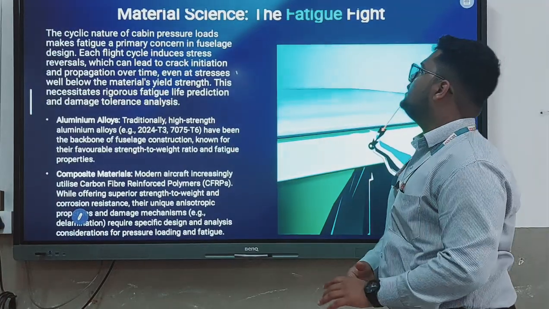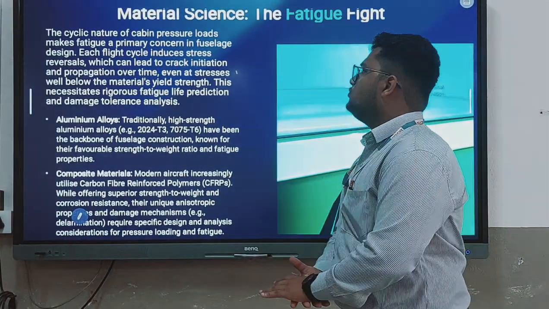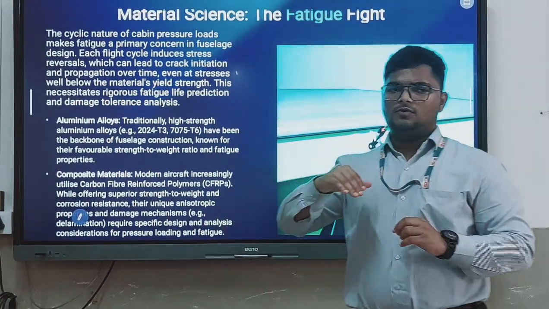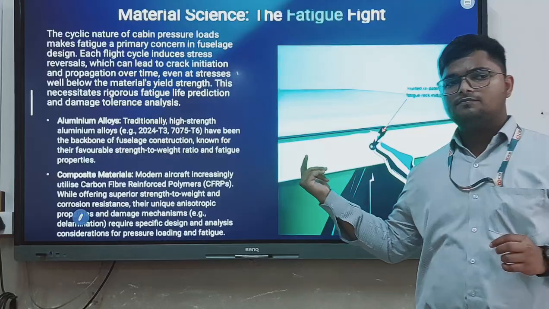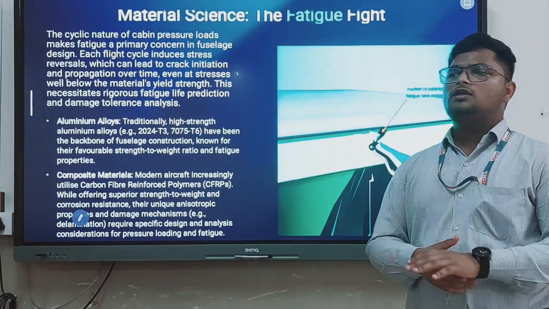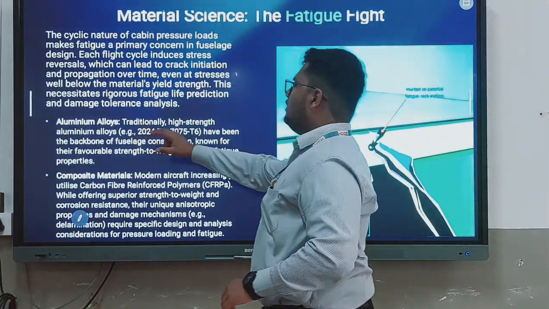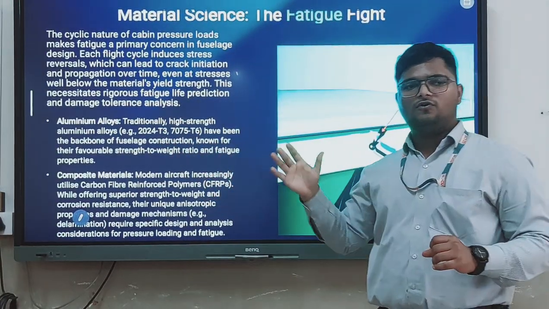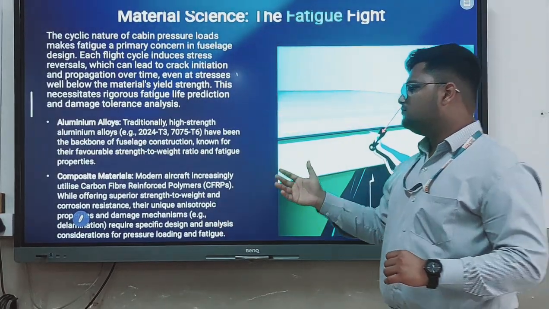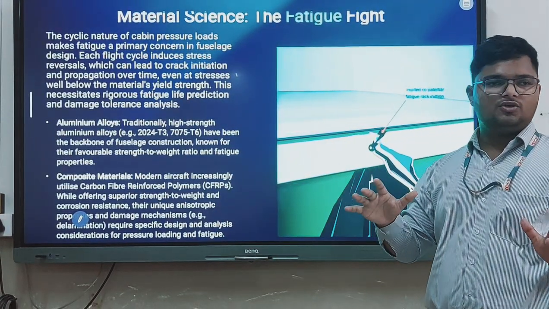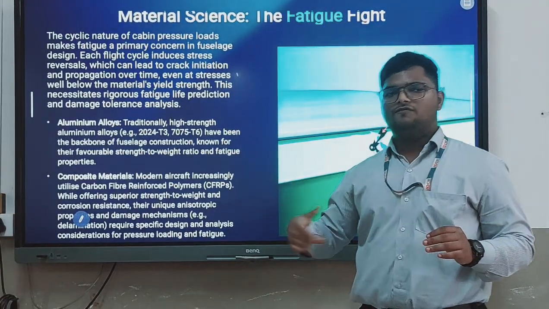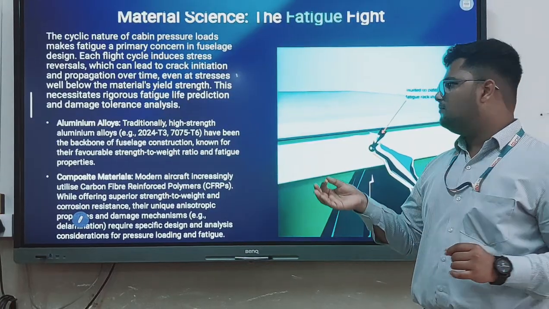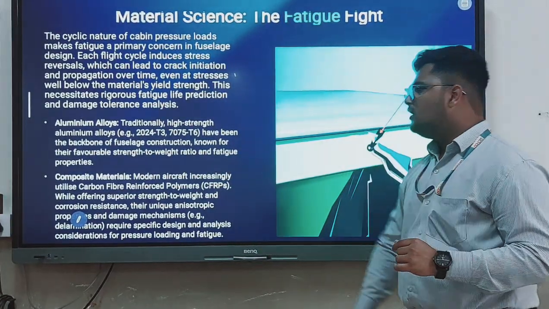Then we have material science and fatigue fight. Generally, if we look at the materials that were used earlier for the fuselage, it was the aluminum alloys, and they were the backbone for fuselage construction because their strength to weight ratio is very favorable for a fuselage. Also, it's lightweight, so it was the best material to use for the fuselage. But